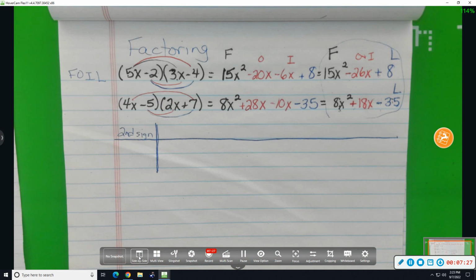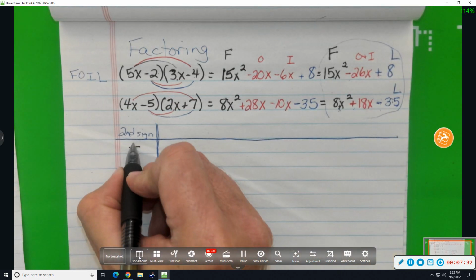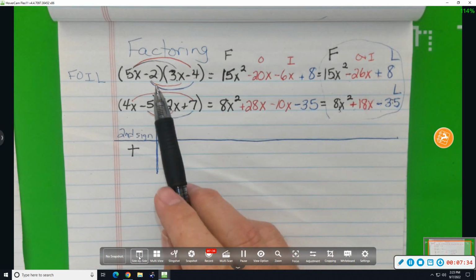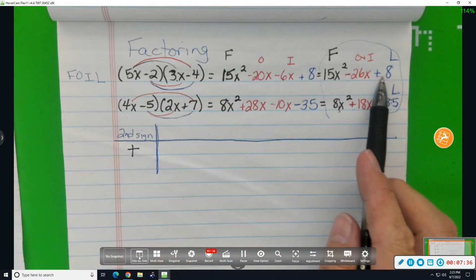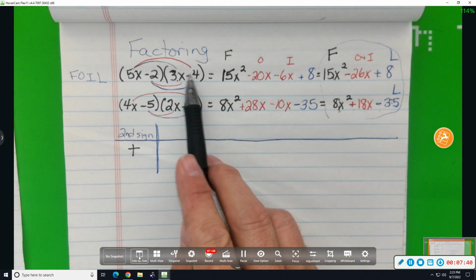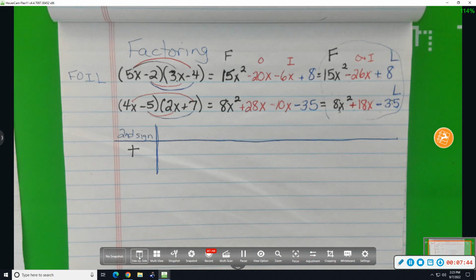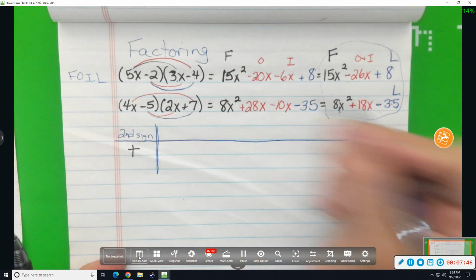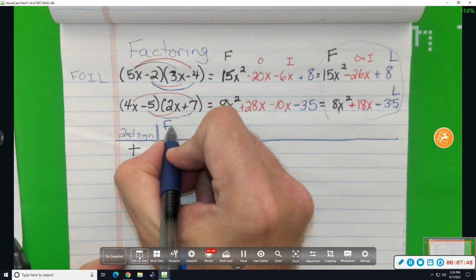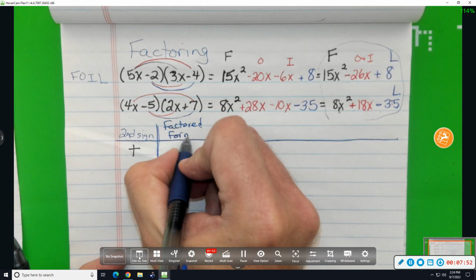If the second sign is a plus, then the factored form, the only way you would get a positive for that last number is if you had either two negatives or two pluses. To decide which one, second sign, factored form,